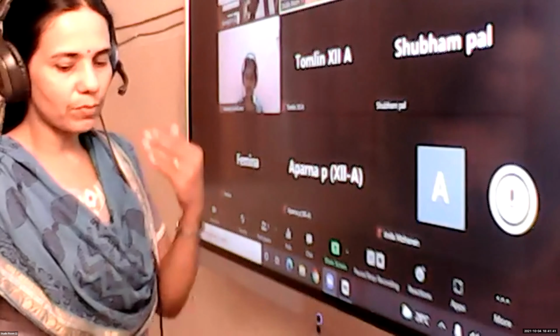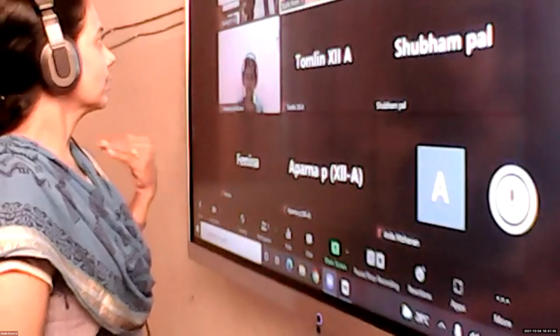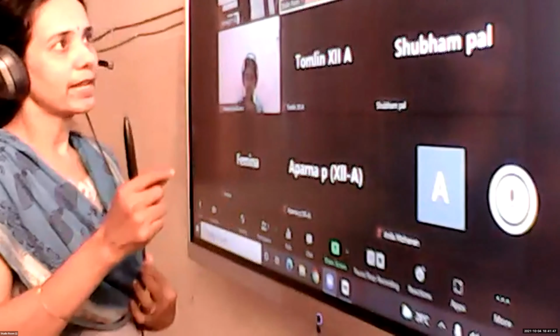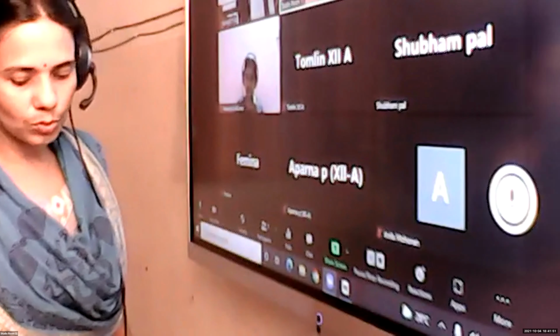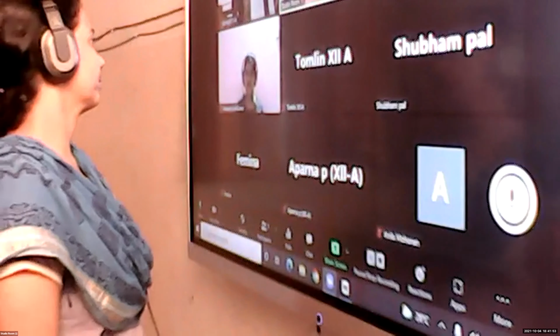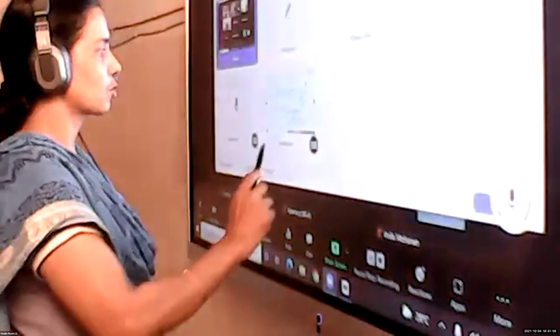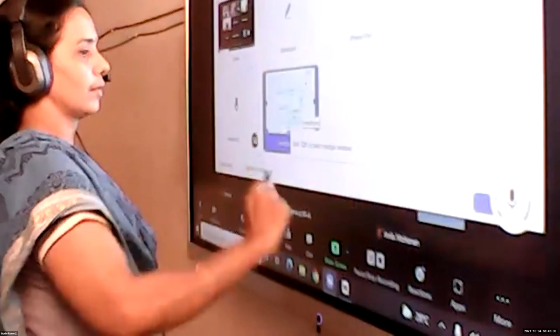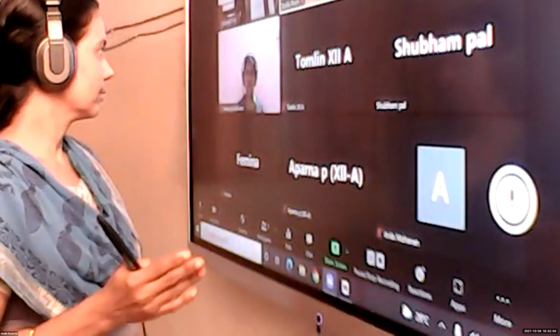So the cost function involves two things, variable cost and fixed cost. Revenue function means number of items sold into price per unit. If you subtract these two, we get the profit function. Okay, is it clear? Is it okay up to this, Aishwarya, Femina? Yes, ma'am. Now write the next one.